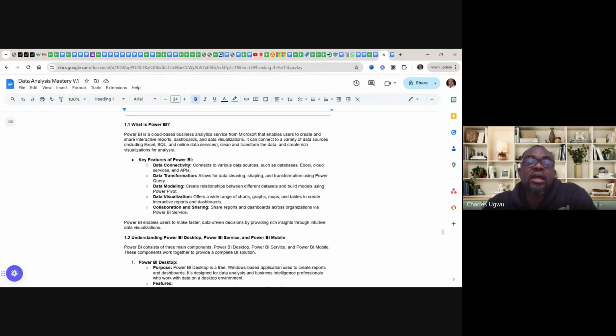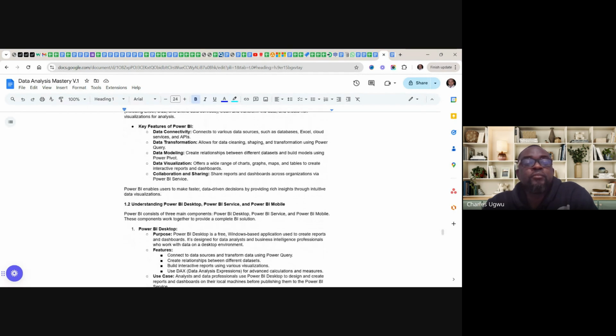So this area of sharing is where you have to pay in order to share it across the organization. But building this report using Power Query in the desktop application is completely free. But the sharing aspect of it is what we need to pay for.